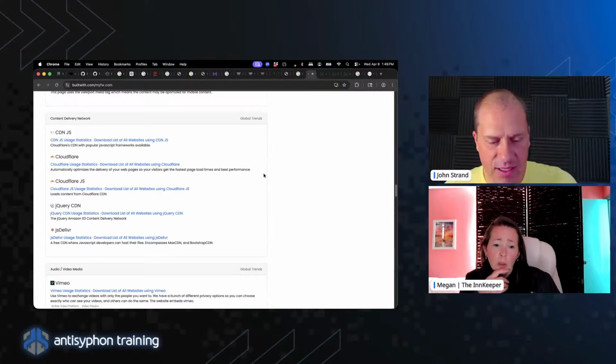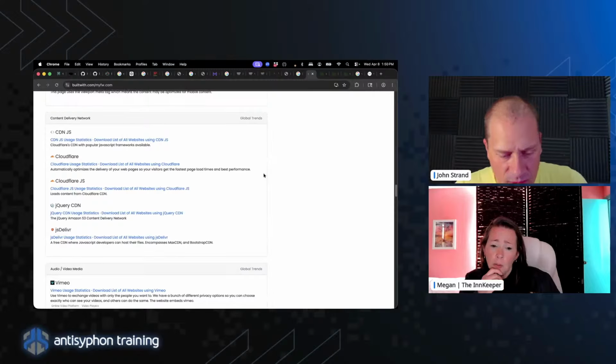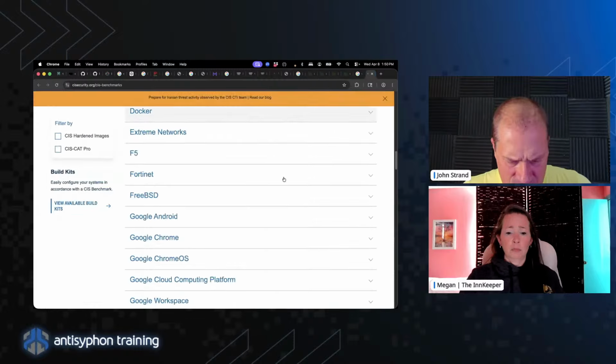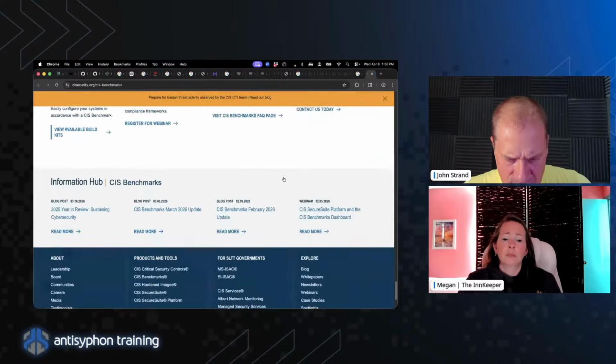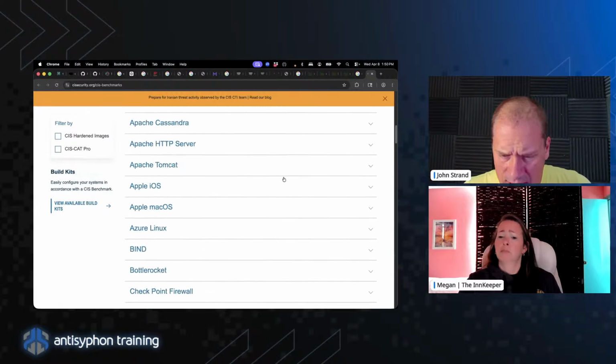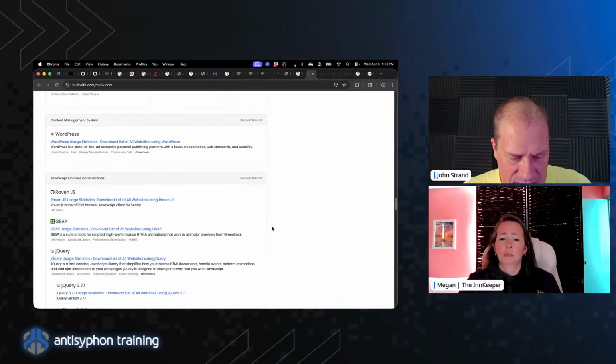There you are. There you got it. Cloudflare. They've got jQuery. They accept Vimeo. Did they have a WordPress one in? I bet you they do. They should if they don't. No, they don't have WordPress. That's wild. But I could look up like WordPress security